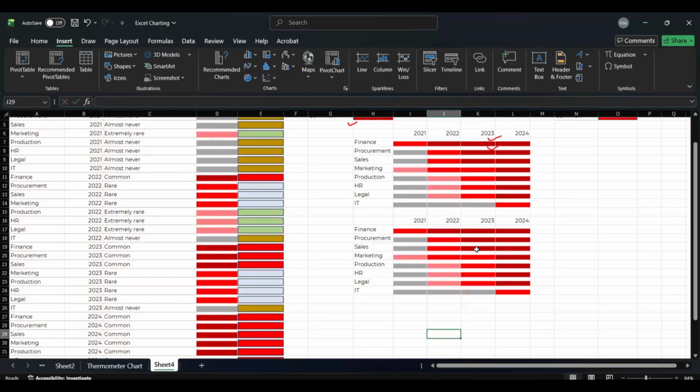And this was the last example that I wanted to give you for your advanced Excel charting topic. I hope you have understood it, and if you have any questions, any doubts, please